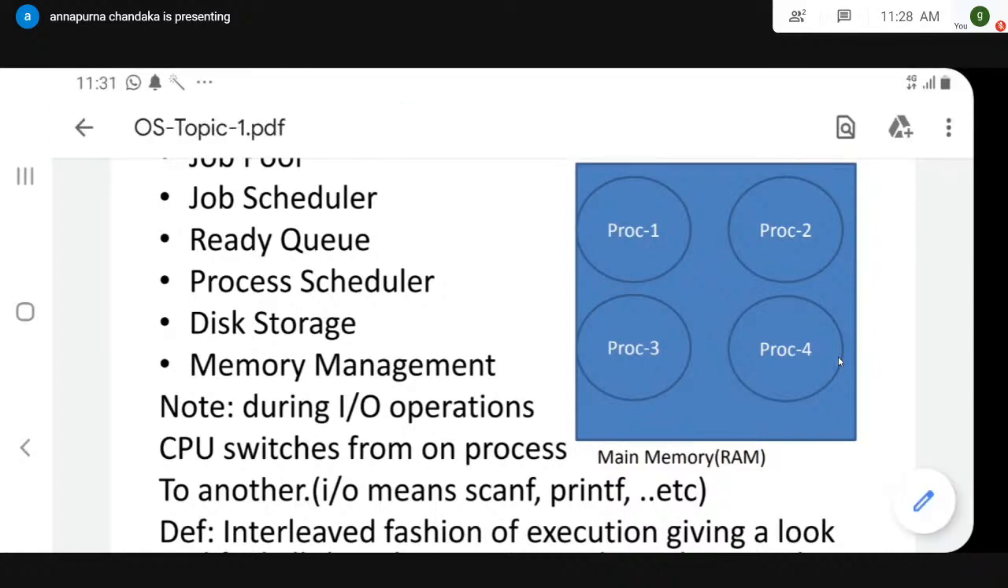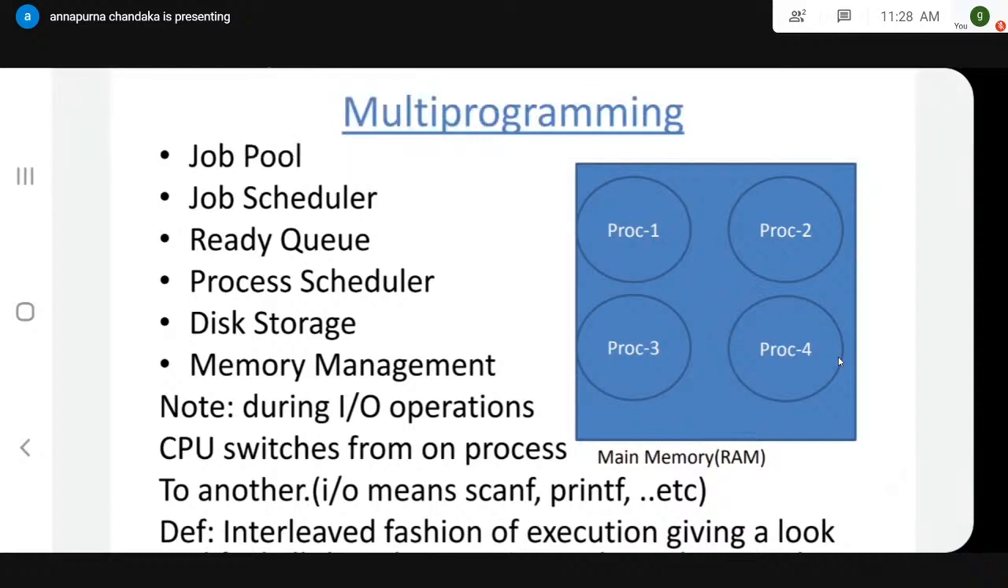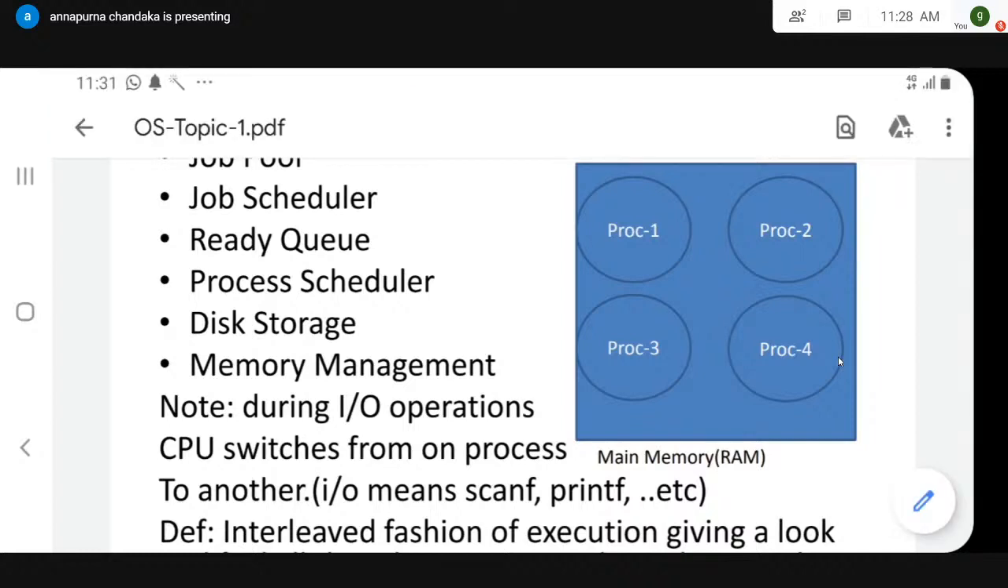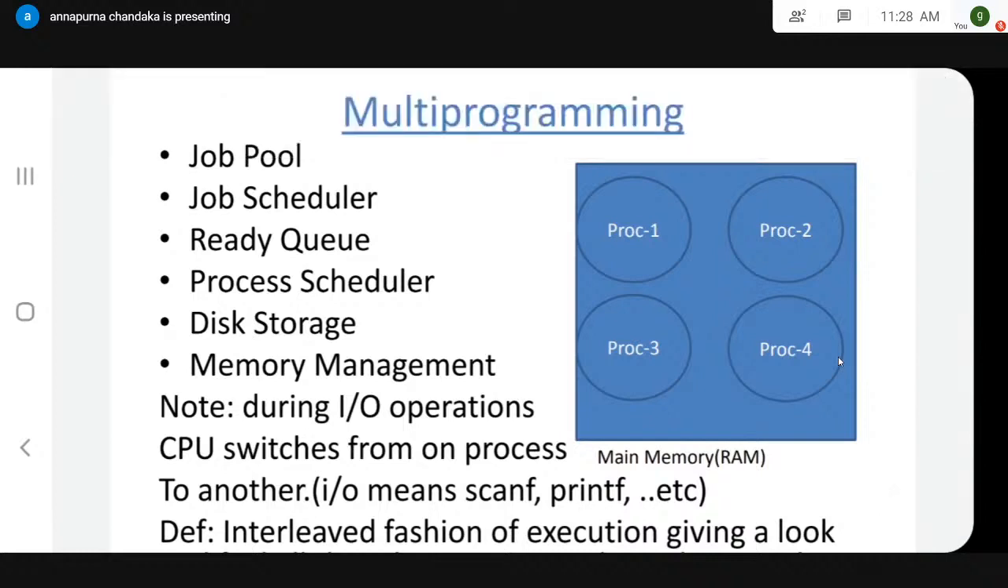Now we'll define what is multi-program. More than one program can simultaneously reside in main memory. During the execution of one program, if the program requires an IO operation, the CPU does not sit idle. It simply switches from one job to another job. While executing the second job, in case that job also requires an IO operation, the CPU does not sit idle. It simply switches to some other job. While executing the third job,